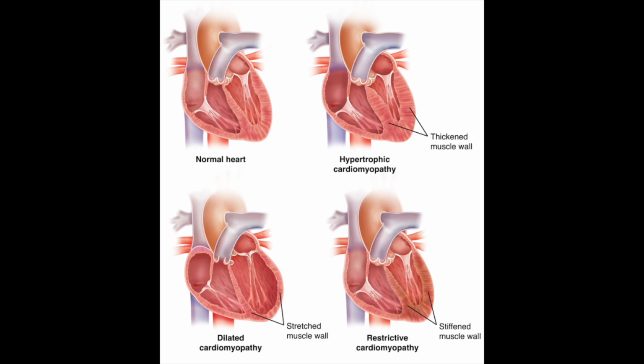Patients should avoid dehydration, as that can worsen the obstruction. They should also avoid extreme exertion and highly strenuous competitive exercise. Volume depletion needs to be avoided. What about medications to avoid? Digoxin should generally be used cautiously, if at all, as increasing contractility can worsen the obstruction. And medications that significantly decrease left ventricular preload or systemic vascular resistance, things like potent vasodilators, including nitrates, most diuretics, ACE inhibitors, ARBs, should generally be avoided or used with extreme caution as they can paradoxically worsen the LVOT obstruction